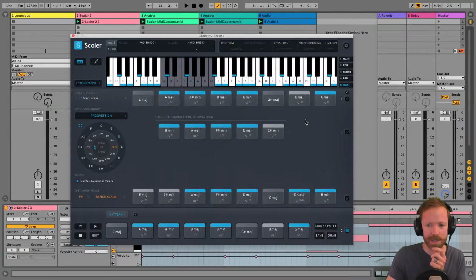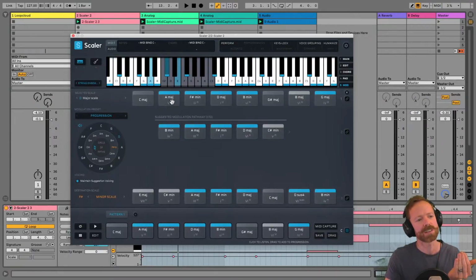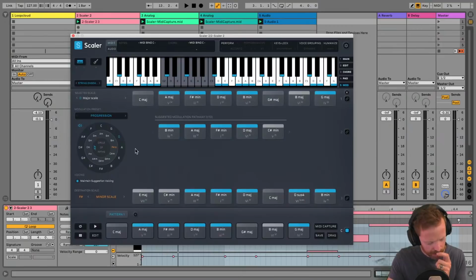Using modulation with Scala would make a great course of its own, because there's just so much you can do in this section. But I believe maintain suggestion voicing keeps the voicing the same as the one you've suggested. So if you've inverted a chord, for example, in your initial chord progression, it will keep the suggested chords inverted for that particular one.